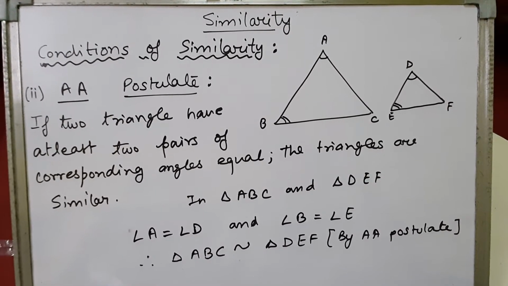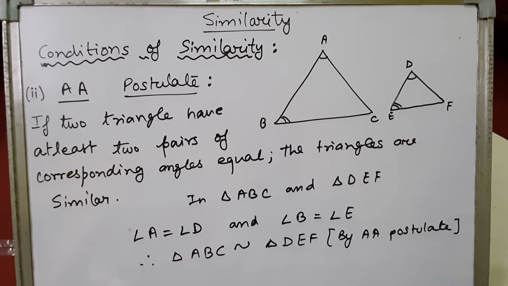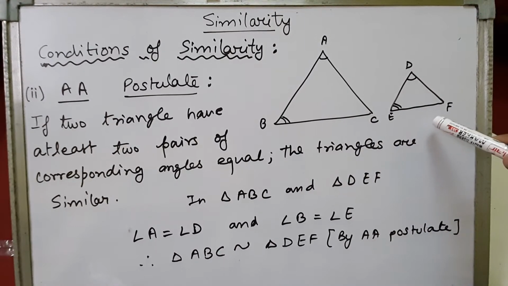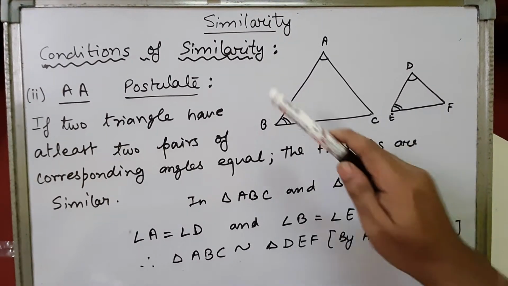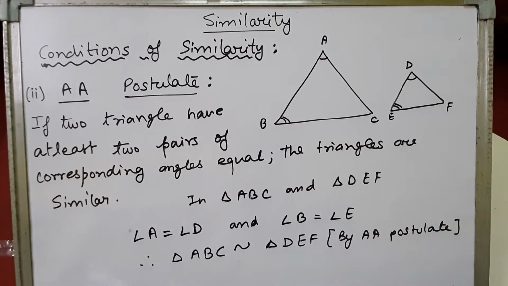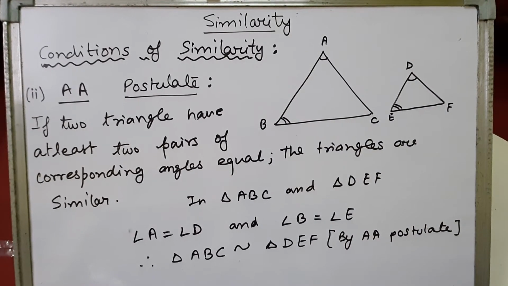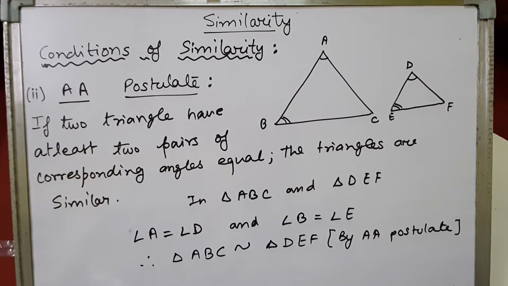In this condition, it is given that two triangles are similar by the AA postulate. What is the AA postulate? Angle angle. Just like SAS means side angle side, AA, or triple A, means angle angle angle. So we know that when two angles of a triangle are equal, the third angle will always be equal, because the sum of the interior angles of a triangle is always 180 degrees. When two angles become equal, then the third angle will automatically become equal, right?